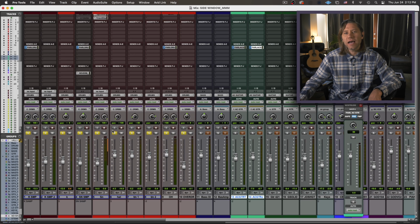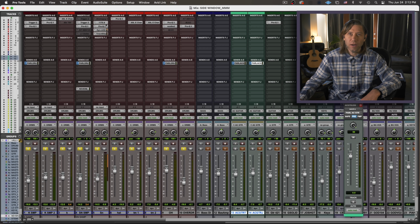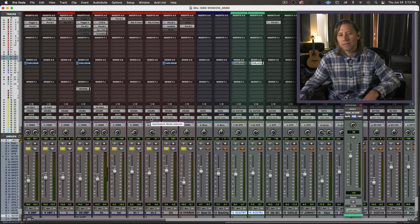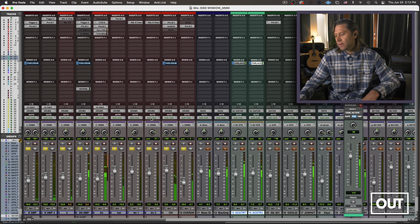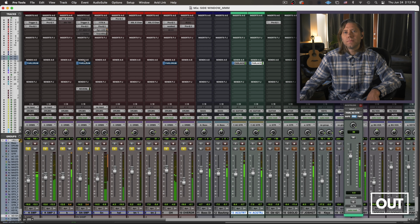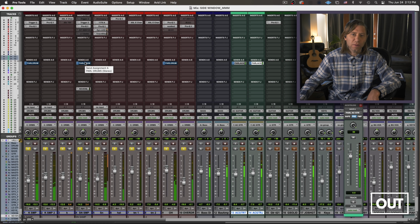Let's go down to the drums. And now the drums have samples as well as the actual acoustic tracking drums. But the cool thing about this guy is if I take out the parallel completely, this is what the drums sound like. Now with the actual parallel compression,